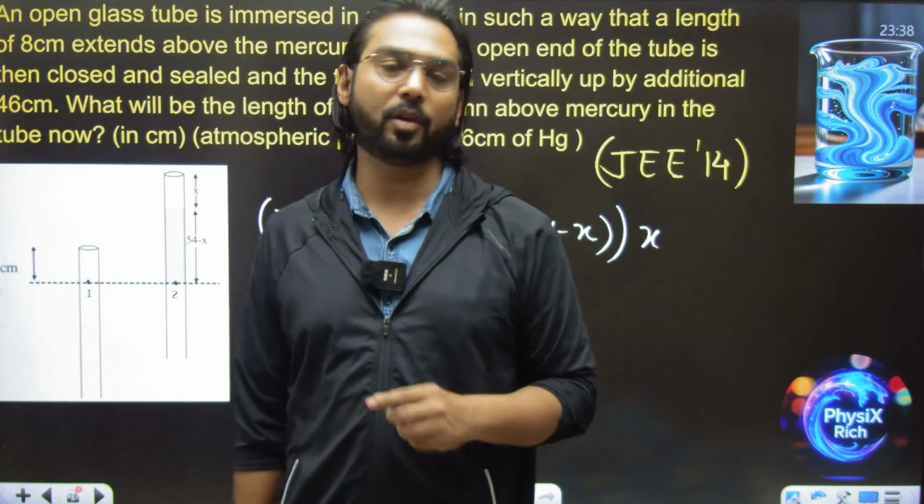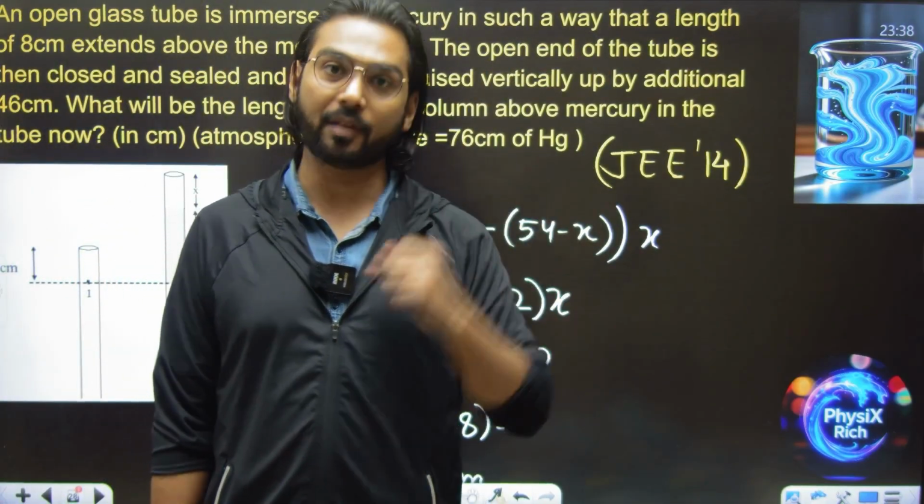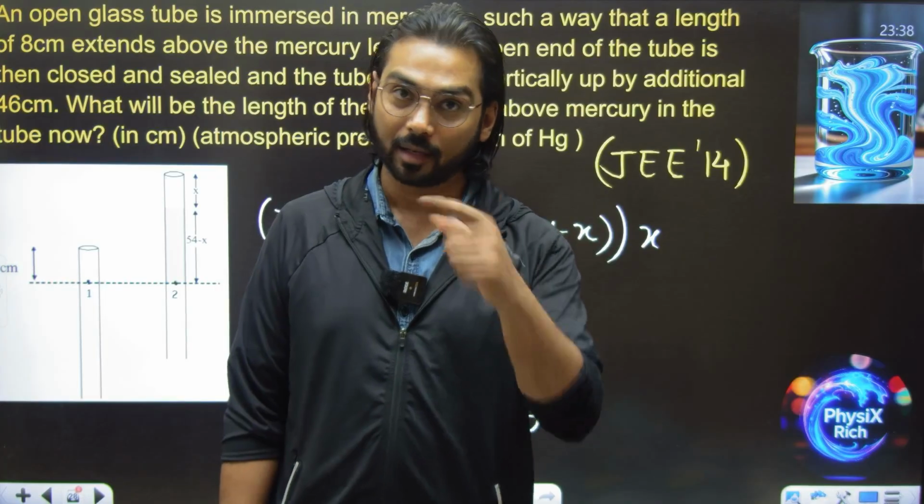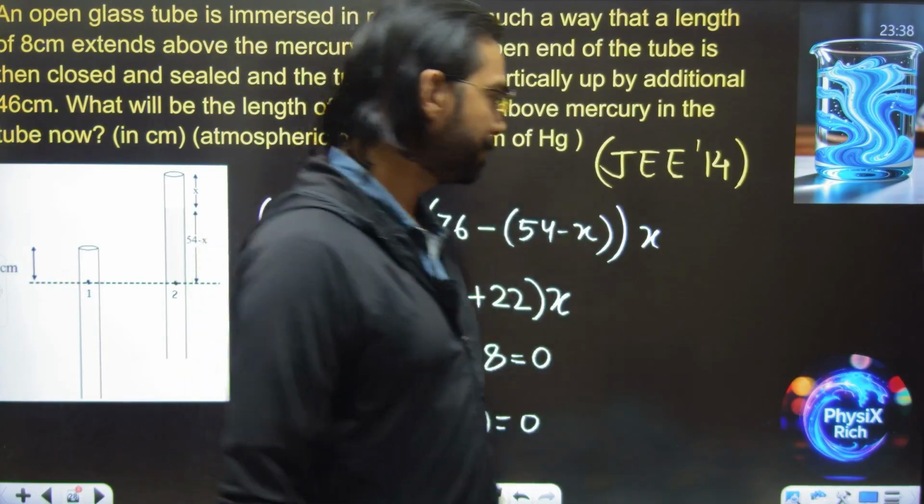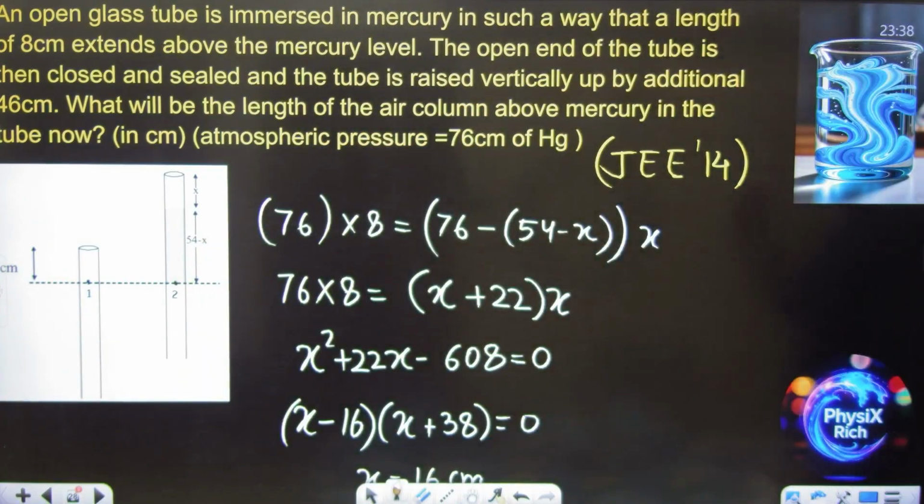76 centimeter, if you remember, was the height of mercury. Multiply that with 13.6, you get 10.3 meters. Okay. Let's take a look at this problem from JEE